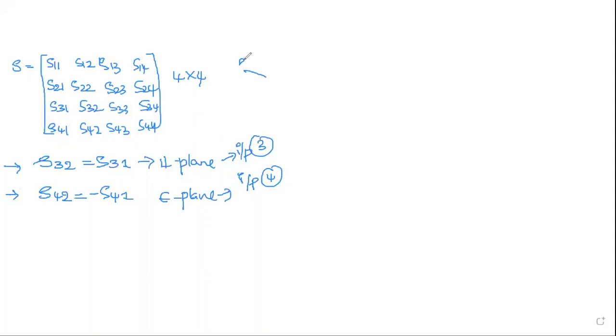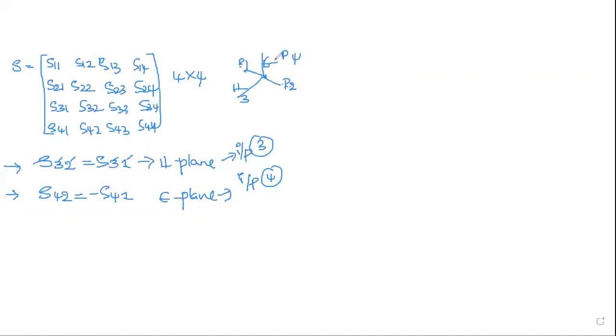See, you have ports like this. This is your port 1. This is your E plane. This is your H plane. This is your port 2. Now this I am considering as port 3. This is your port 4. If suppose the H plane is given, you know output will not come out of the E plane. You will have only the output coming out of 1 and 2. So you will have input, output, input, output. Both are additive, so both are equal. S32 is equal to S31.